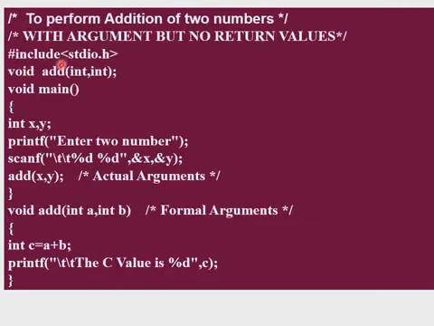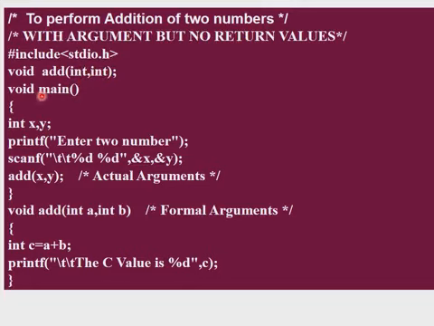The next category of the function is with arguments but it does not return any values. The same example we will carry forward for this also. Here we can have arguments but it will not return any values. So the same, we have declared the function of addition. Void represents that it does not return any values, but in the add function we have two different arguments of type integer. So in the declaration of this add function we have added two integer values, that is integer and integer, that represents that it has arguments of integer values.